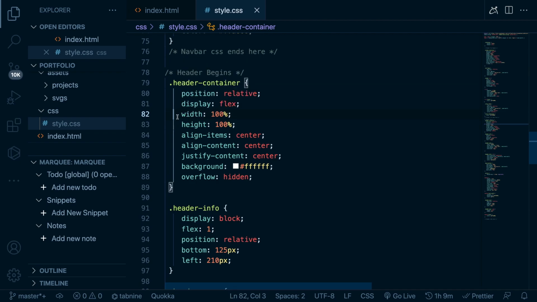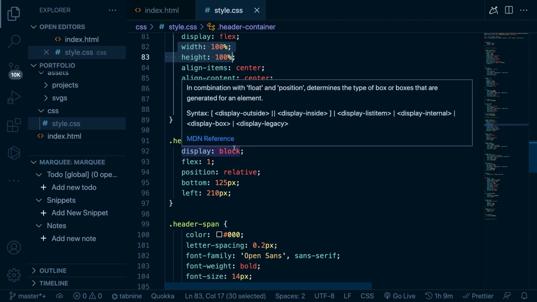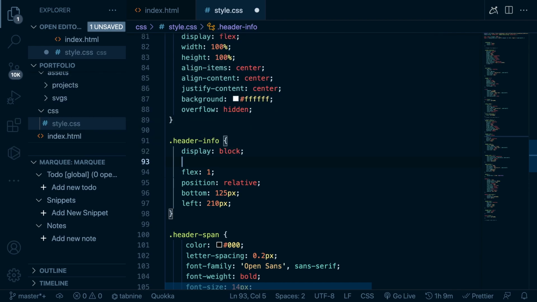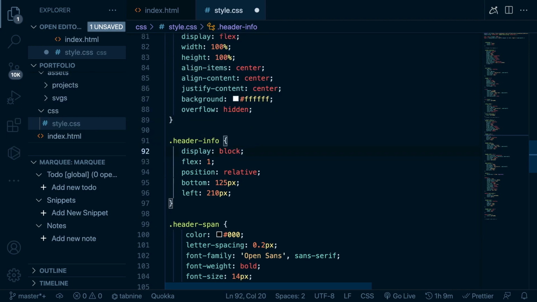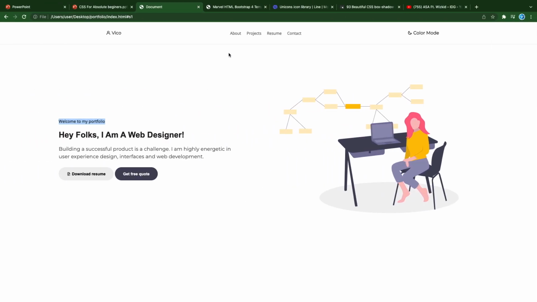If you give your width 100% and you also want each of the contents to have 100% width, you don't have to keep typing width 100%. We could do that by setting flex to 1. So it's going to automatically detect that I want this header section, half of it,